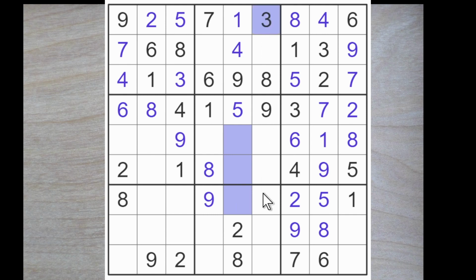This 3 blocks down, so these squares cannot be 3s. That means that a 3 for column 4 must go here or here. And we also have a 3 in one of these 2 squares. Now, where can we place a 3 in row 7? This 3 blocks down, so the only square where we can place a 3 is here. And that probably more or less solves the puzzle